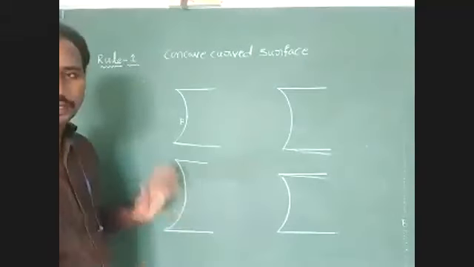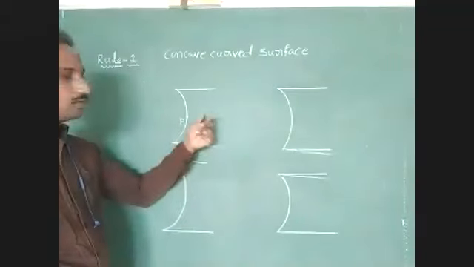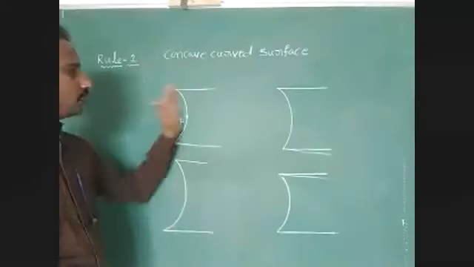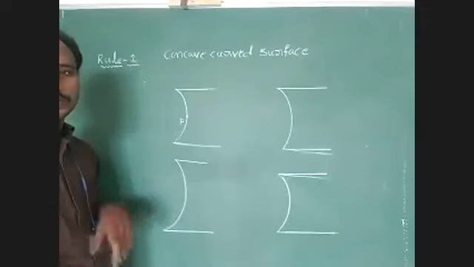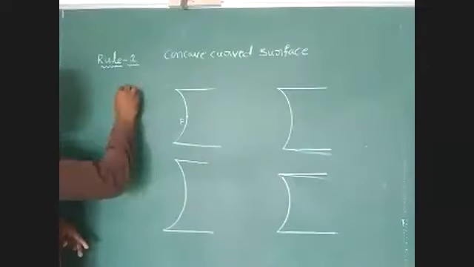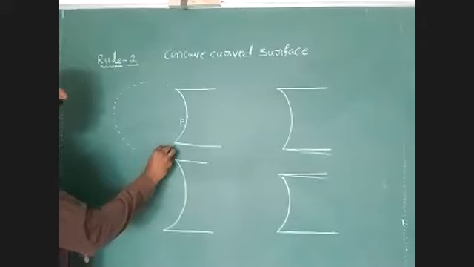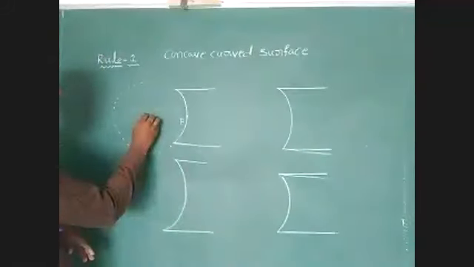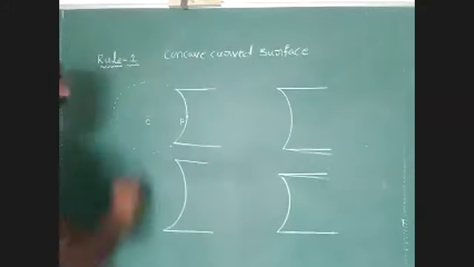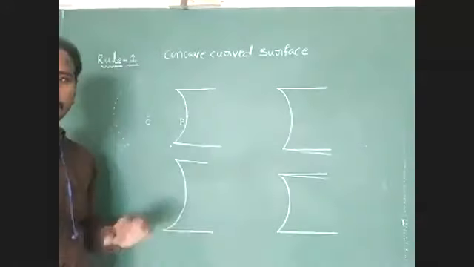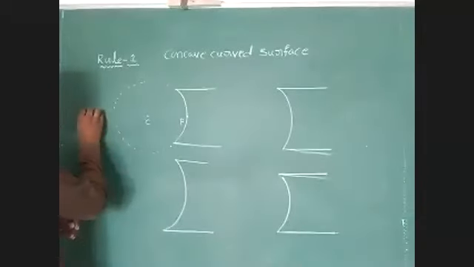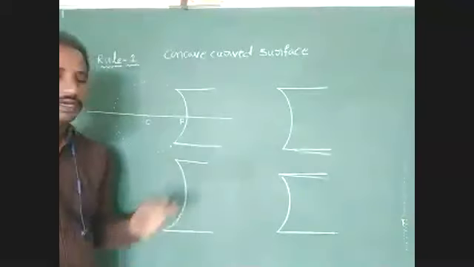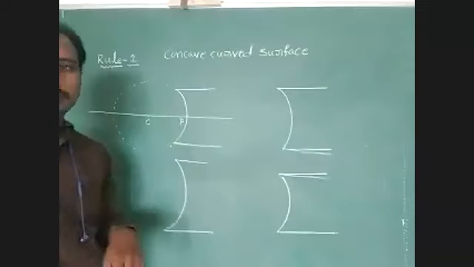And where is the center of curvature? Inside the denser optical medium or outside this medium? Outside this curved medium, we consider the center of curvature. So we imagine the center of curvature for this concave curved surface. It is outside, so the center of curvature is C. Now we draw the principal axis. The principal axis passes through the center of curvature and the pole. It acts like a reference line.